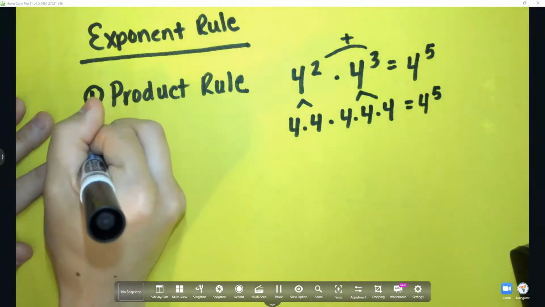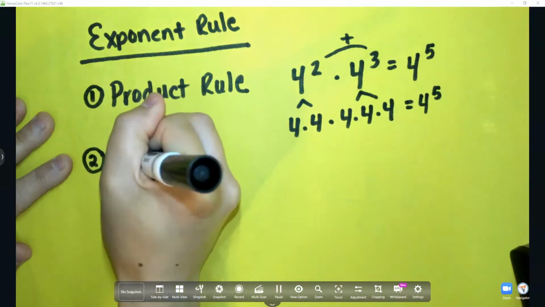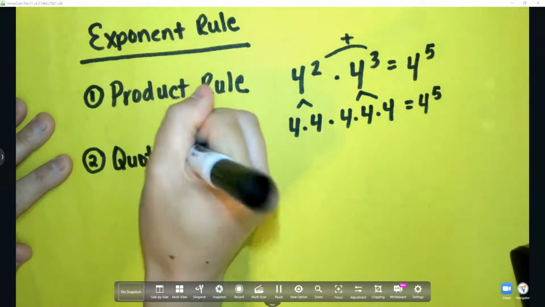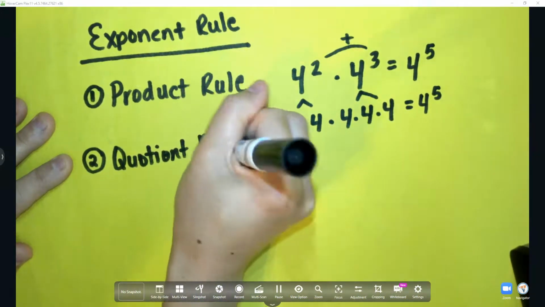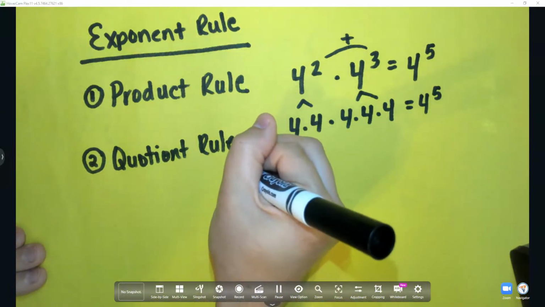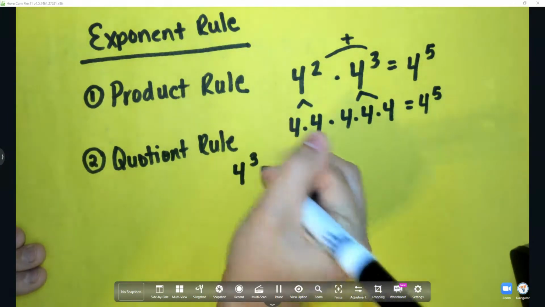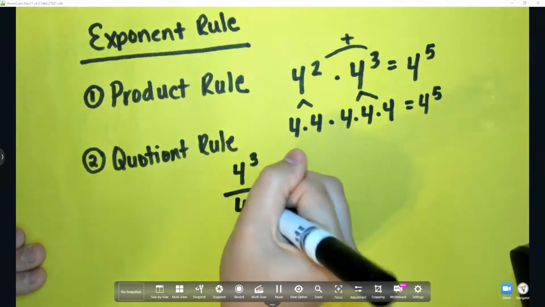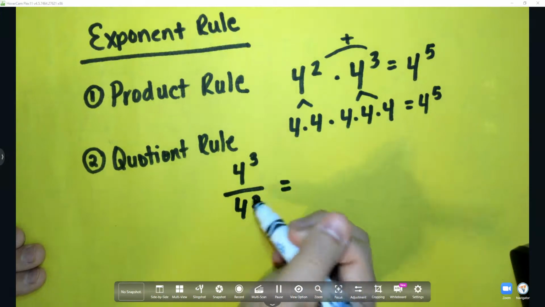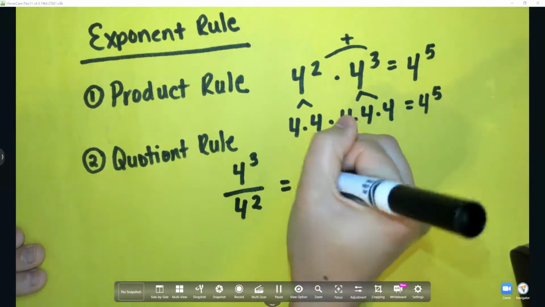The second one is the quotient rule. The quotient rule tells us when we are dividing like bases, we simply subtract the exponents. So, in this example, I have 4 to the third power divided by, or over, 4 to the second power. If I expand that out,